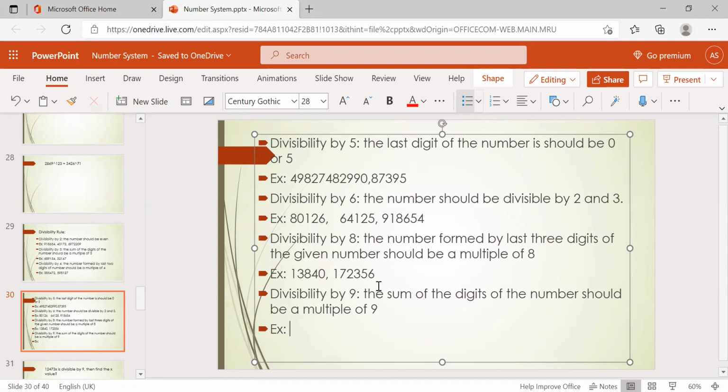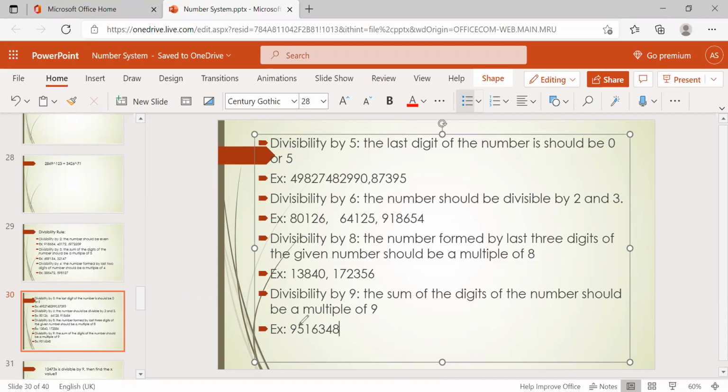Okay, first of all I'll give an example for you: 95163 48. Check this one, the sum of the digits. 9 plus 1 is 10, 10 plus 5 is 15. Even while adding you need to simplify it.